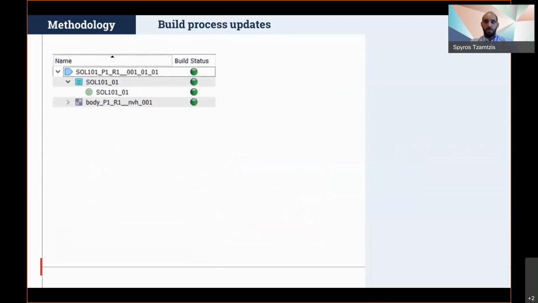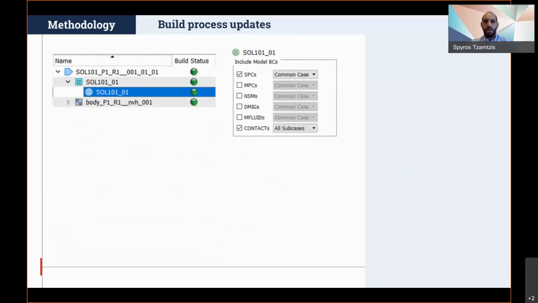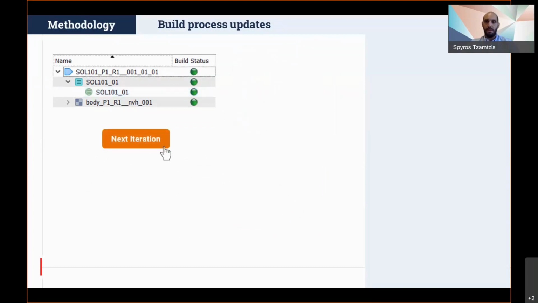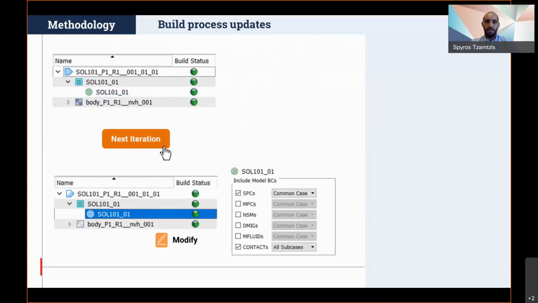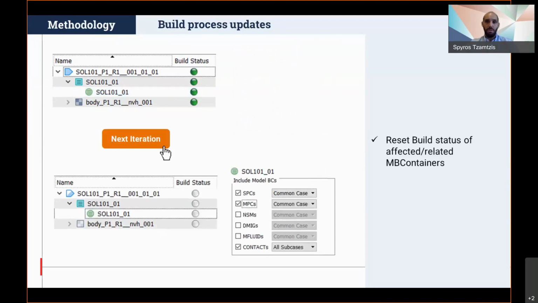While users work in the modular environment to create new simulation run iterations, it is common for the load case to be modified. From now on, changes in a load case that would require the simulation model content to be loaded in order for the build result of the load case to be updated will reset not only the build status of the load case, but they will also trigger the reset of the simulation model build status. For example, when the next iteration of a run that contains a load case header library item is being set up, modifying the settings of the load case header related to the model boundary conditions will trigger the reset of the simulation model build status so that its content will be loaded during build.